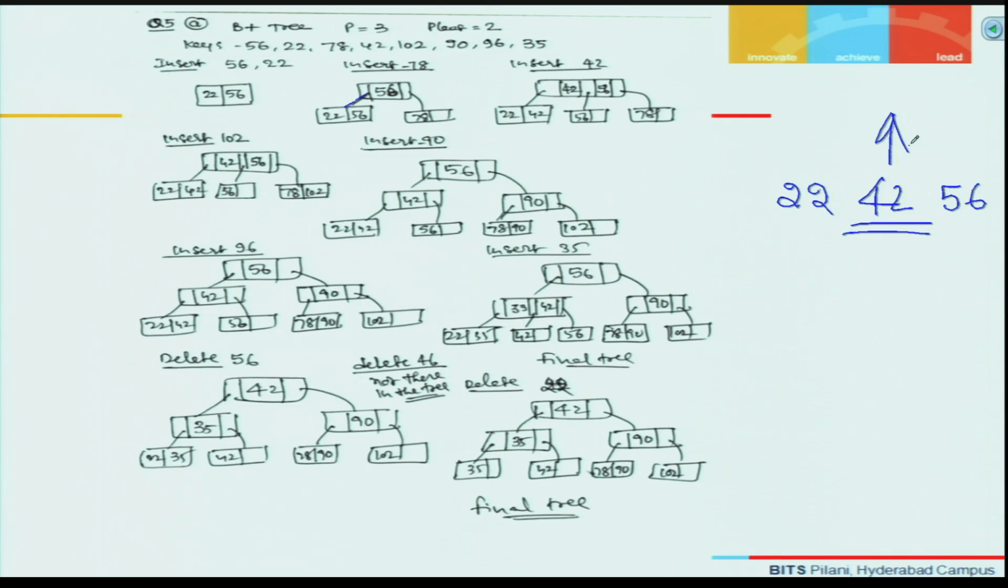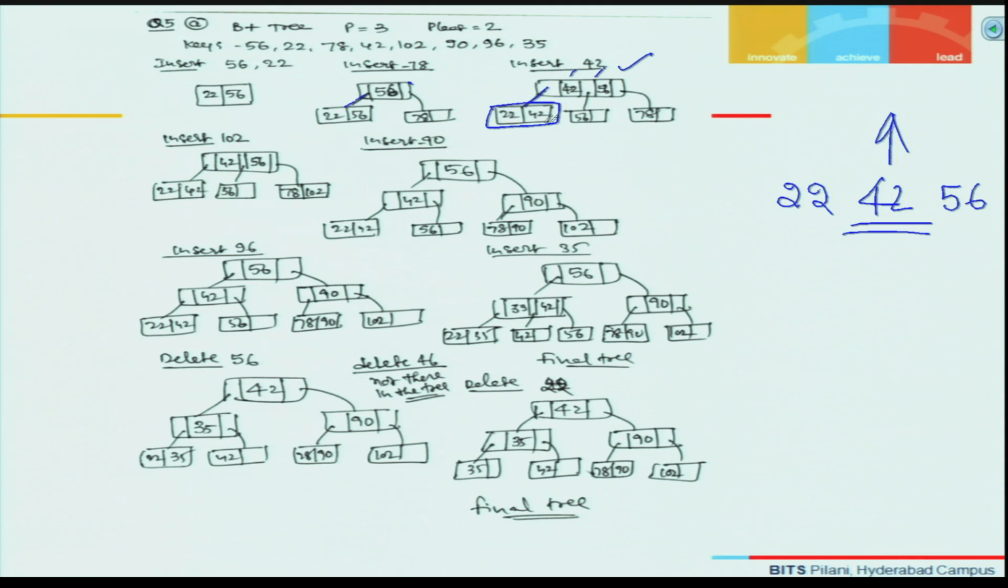So what is the maximum number of keys possible in an internal node? Maximum 2 keys are possible. There exists only 1 key. Hence I can accommodate 42 there in the next level. Hence in that node insert 42, 56 anyway there, and this pointer will take you to the leaf node where